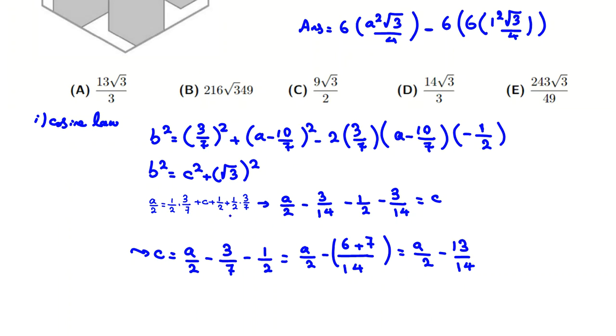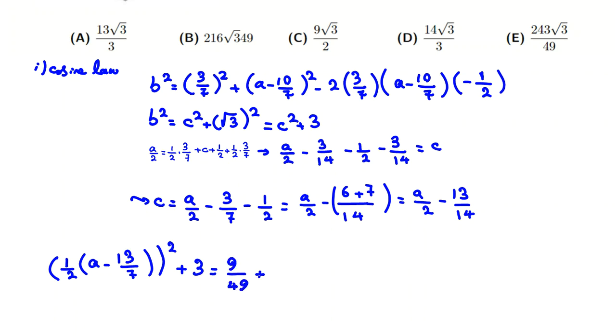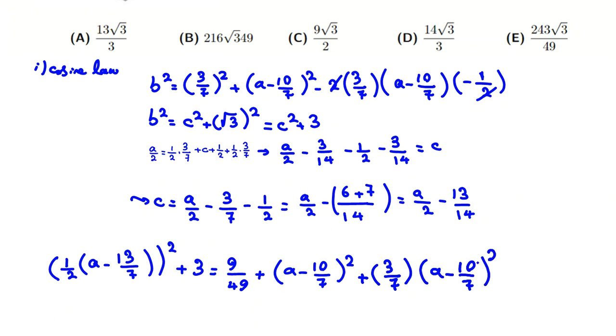So now we can do what? We say okay, C squared plus root 3 squared, which is C squared plus 3. And this one equals this one. So C squared is what? Is this part. We can factor from 1/2 times A minus 13 over 7 whole squared. Also squared is for 1/2 plus 3 equals this one, 9 over 49 plus A minus 10 over 7 whole squared. Negative 2, this one will be cancelled. Negative will be plus 3 over 7 times A minus 10 half squared. Okay, so if we simplify, we can say